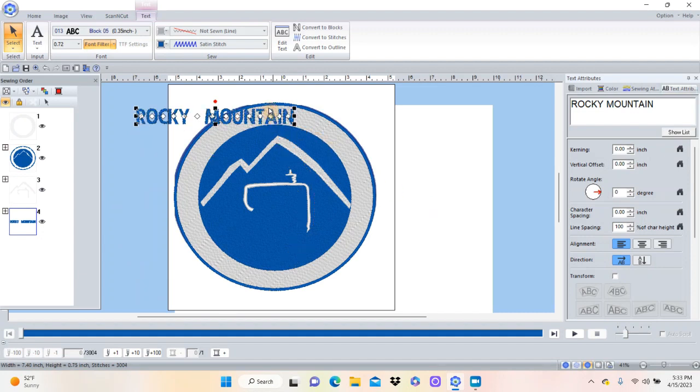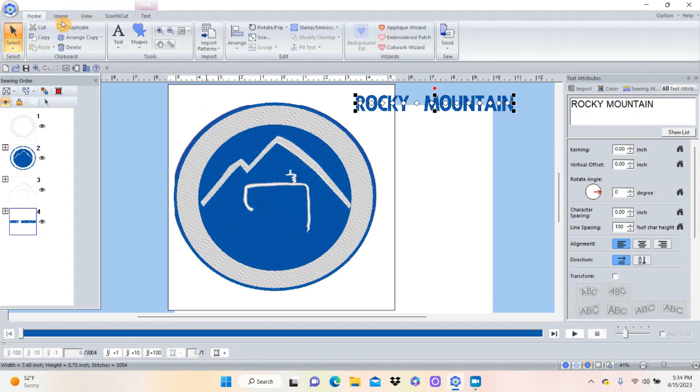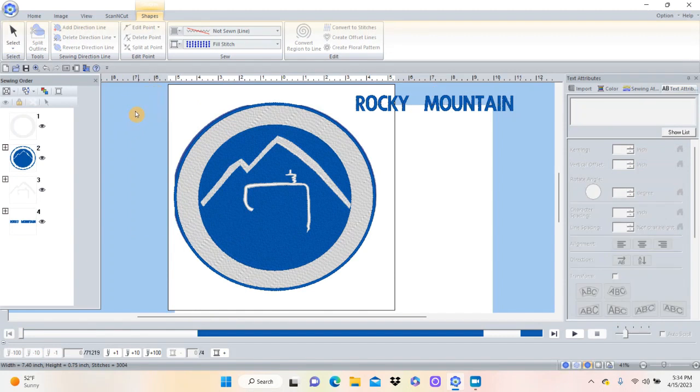What I am going to do is I'm going to come up here to home and I'm going to pick a shape and I want a circle. And then I'm going to draw a circle and I want it to be,